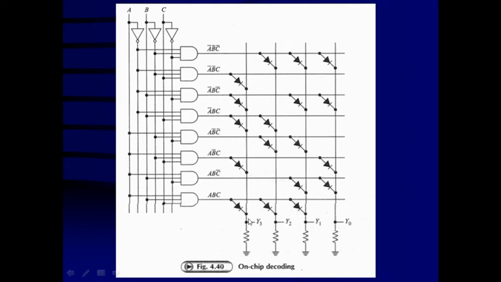So the data which is going to be available: Y3 is going to be 0, Y2 is going to be 0, Y1 is going to be high, and Y0 is going to be 0. So 0, 0, 1, 0, that data is going to appear on address 6, that is 110.